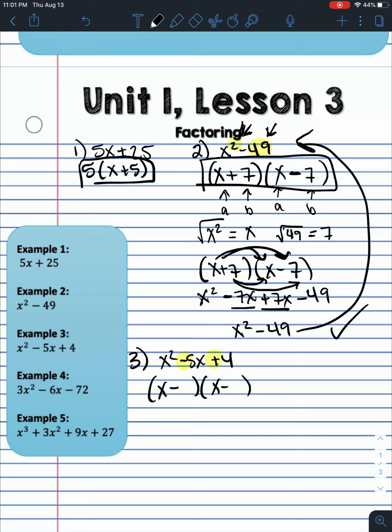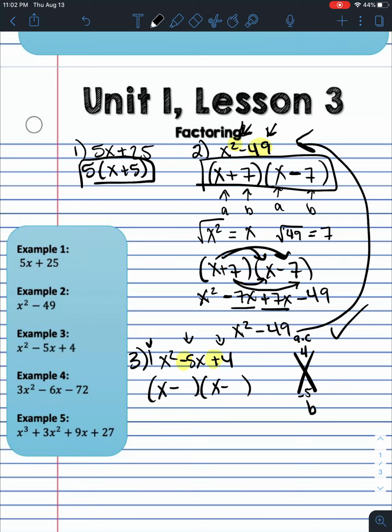Okay? So I believe in Algebra 1, most of you had Miss Pardo, and she probably taught you the X box method, right, to factor. So you probably remember doing this, and in the top you did A times C, and in the bottom you did B. So here my A value is 1, my C value is 4, so in the top I would have 4, in the bottom I would have a negative 5, and then I'm looking for two numbers to put right here and right here